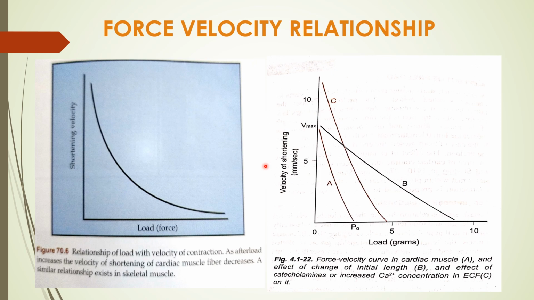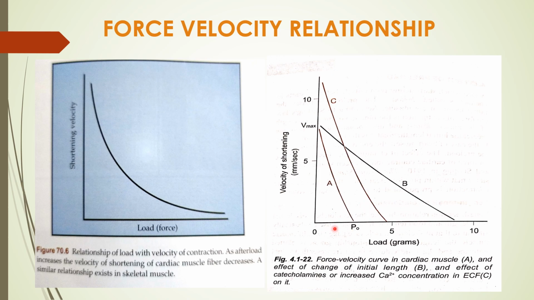So in this force-velocity relationship, the graph is like this, which implies that force and shortening velocity are inversely related. The shortening is faster with lower loads and slower with higher loads. And also Vmax. So what is this? The shortening velocity is maximum at zero load, or initial length is 0. Okay, load is 0. And as the load increases on the muscle, at one point the shortening velocity becomes 0. That is called PO.